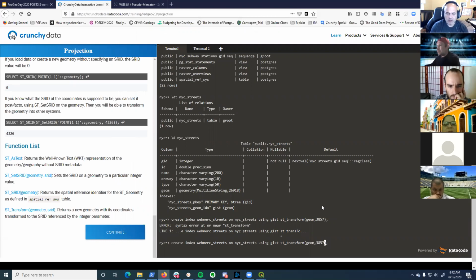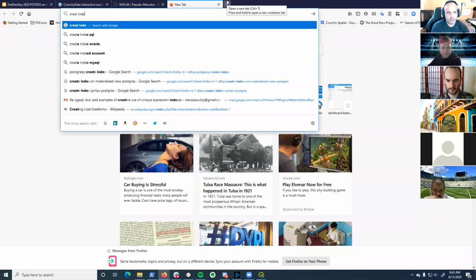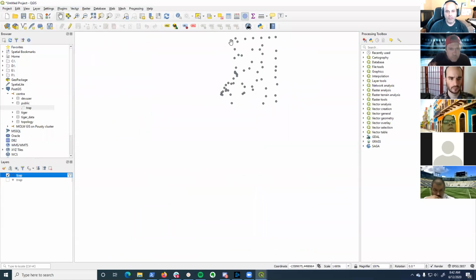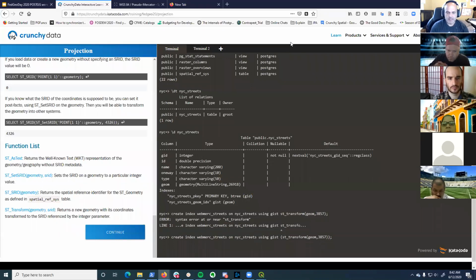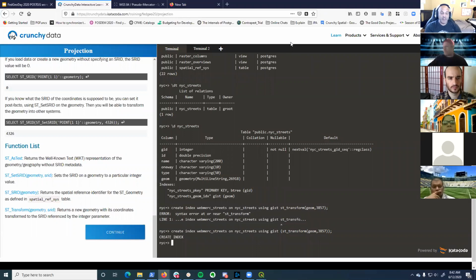What did I get wrong? Parens. Oh, around the whole statement. Around the using statement. Yeah. Not the using statement, the ST_Transform. The whole thing. There needs to be parens around this. Yeah. Thank you. And so now if we do a \d on that table, if we describe that table again,